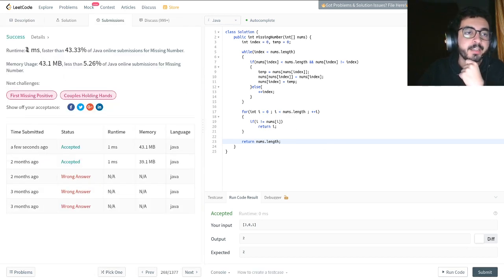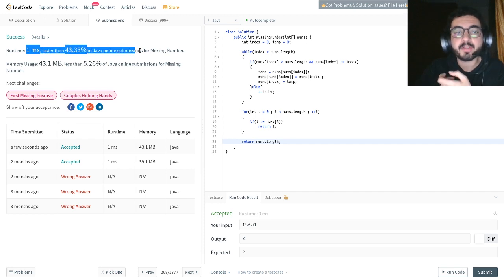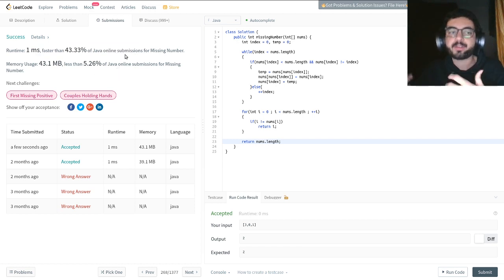Okay, so that works. Now the runtime is 1 millisecond, faster than only 43% of Java online submissions for the Missing Number question. Why isn't it 100%? Well, the question could be solved using cyclic sort, but that doesn't mean it is the best approach. Actually, the best approach is the fast pointer, slow pointer approach, but this is out of scope of the video, because the scope of the video is introducing the cyclic sort